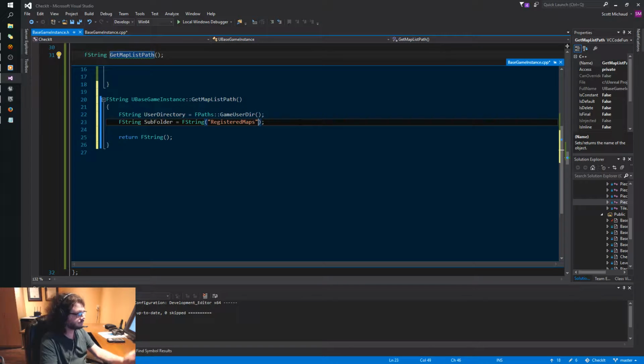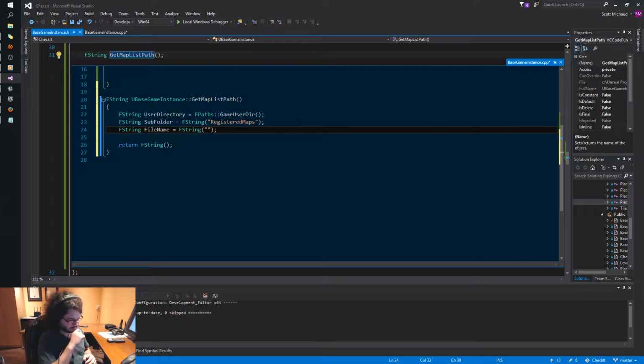Registered maps. No, I'll have to be like that. So we're just maps f-string file name equals f-string map list dot